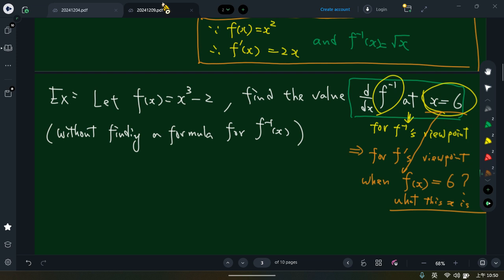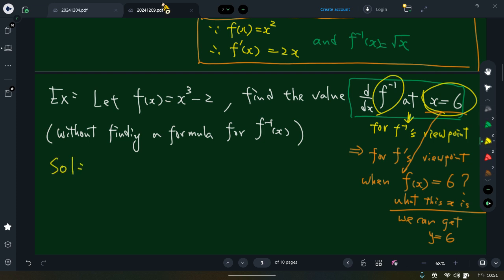So that means when f of x is equal to 6, what is this x? We can get y is equal to 6. Okay, so based on this idea,